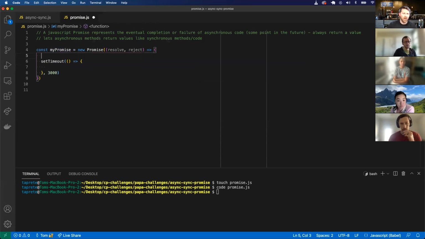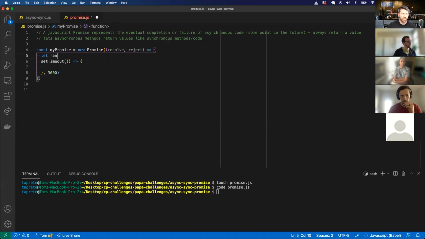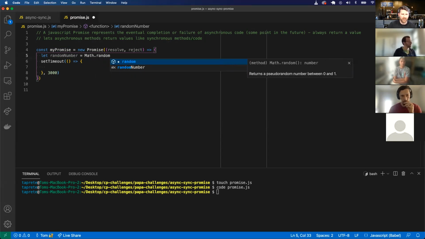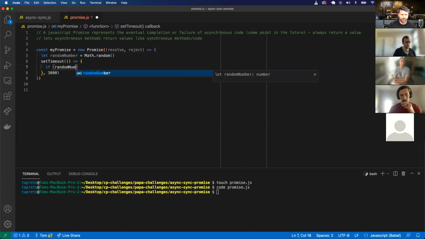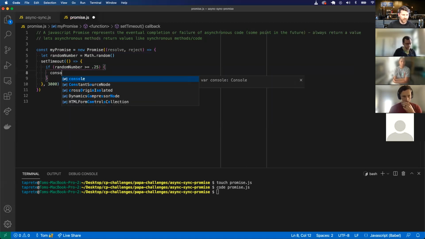I'm going to create a random number with Math.random, which gives a number between 0 and 0.99. I'm going to say, if the random number is greater than or equal to 0.25, I'm going to console log,